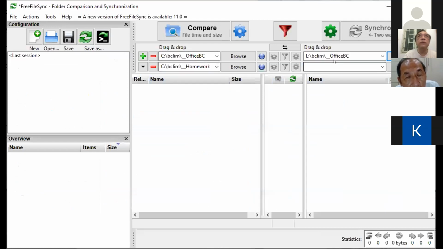So one folder goes to the same folder, but the only difference is the drive number. Okay, notice the drive number is different. So I back up from one drive to another drive. You can back up to a different folder, but that will make you confuse yourself. So probably it's better to have the same folder name. Otherwise after a while you don't know what,